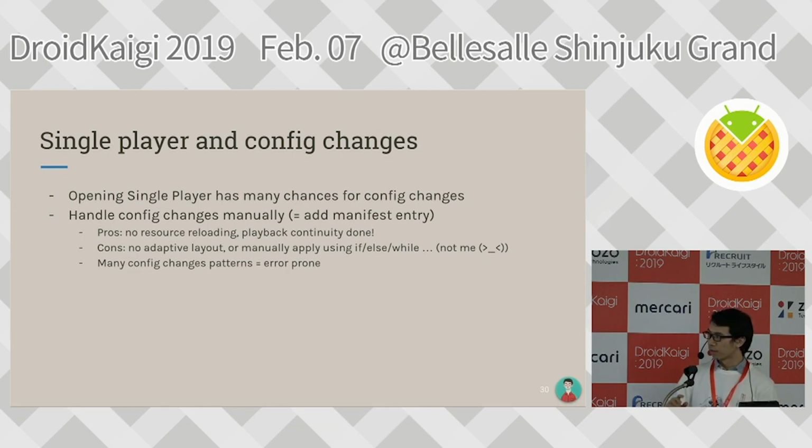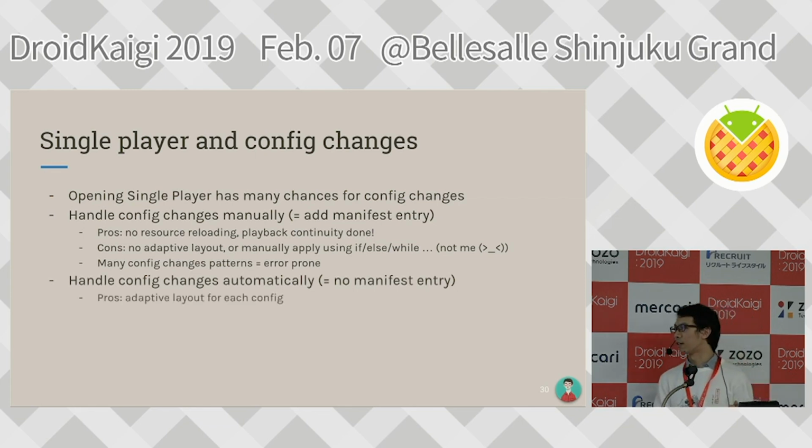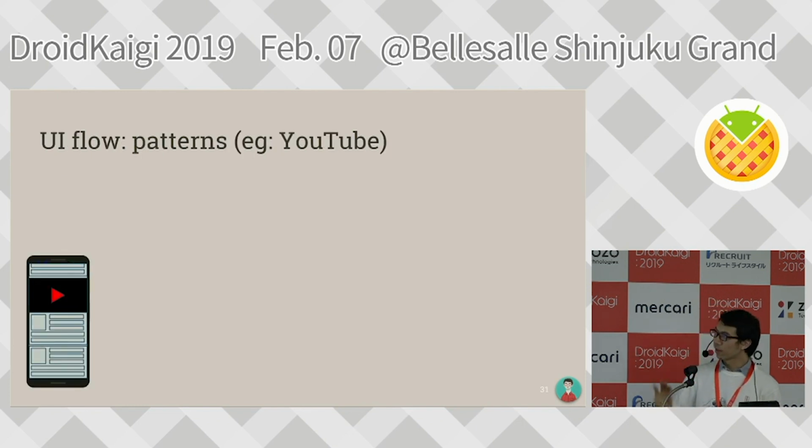I don't know how you handle config changes manually, but in my imagination it would be a lot of if-else, and the more if-else, the more errors to be expected. If we do it automatically, it's just vice versa. We have adaptive layout for each config, but we need some thought on keeping the playback continuity. Now I want to show you an example of how YouTube works